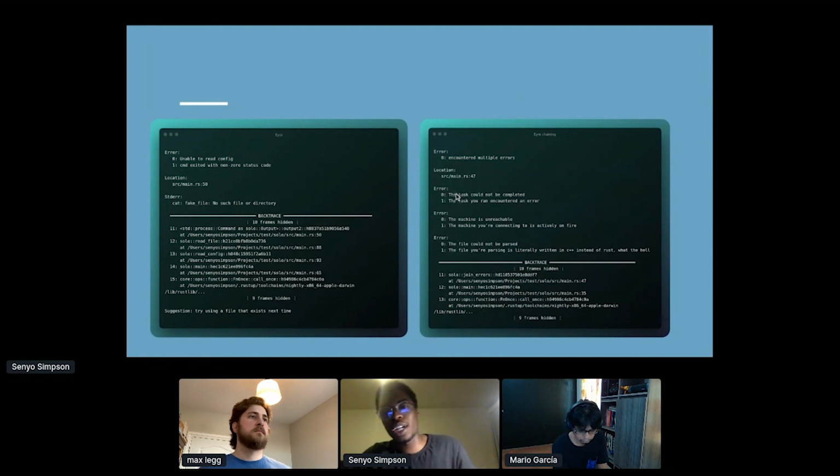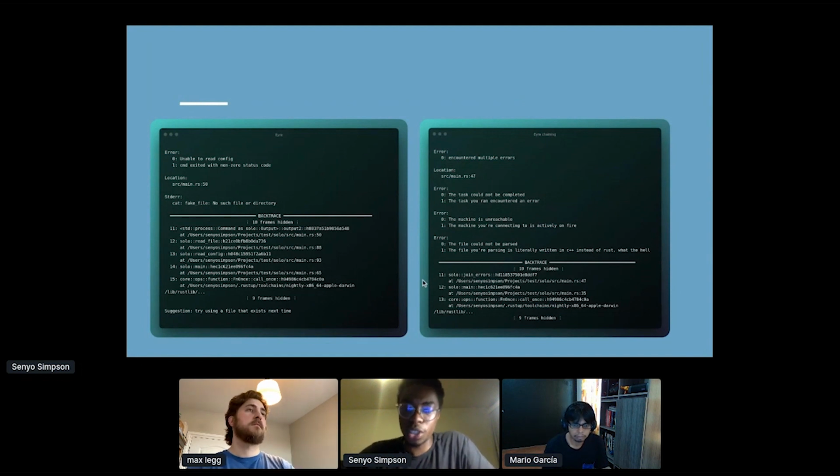This is quite nice because you can trace back and see what chain of errors led to this current error that I'm facing now. And again, it makes it easier to debug and fix your code or handle those situations. We've also got the backtrace. In this case, there's no suggestion, but it could easily be added.